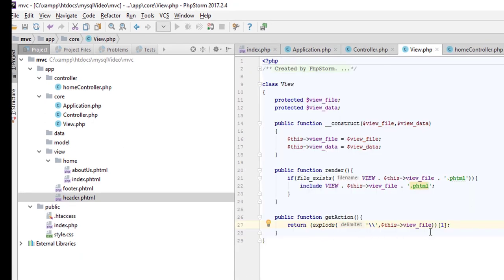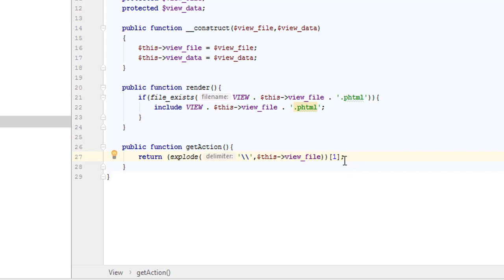So line 27, view.php. What is the problem here? Give me a second. Oh, this is what I gotta do. Here you go. That should make it work. Let me go back to the browser,